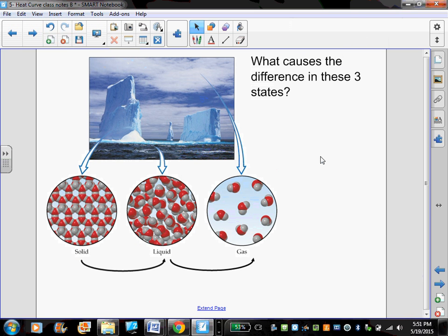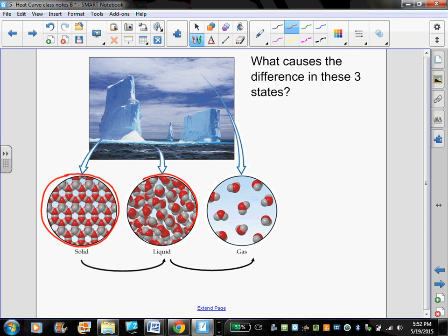All right. So another thing that you guys have in your notes already is your lovely picture that you drew yesterday of the 3 states of water all in one picture together. And then we drew these really lovely close-up views of what this water looks like on the molecular level as a solid, as a liquid, and as a gas. So I would like for you to add to this drawing,